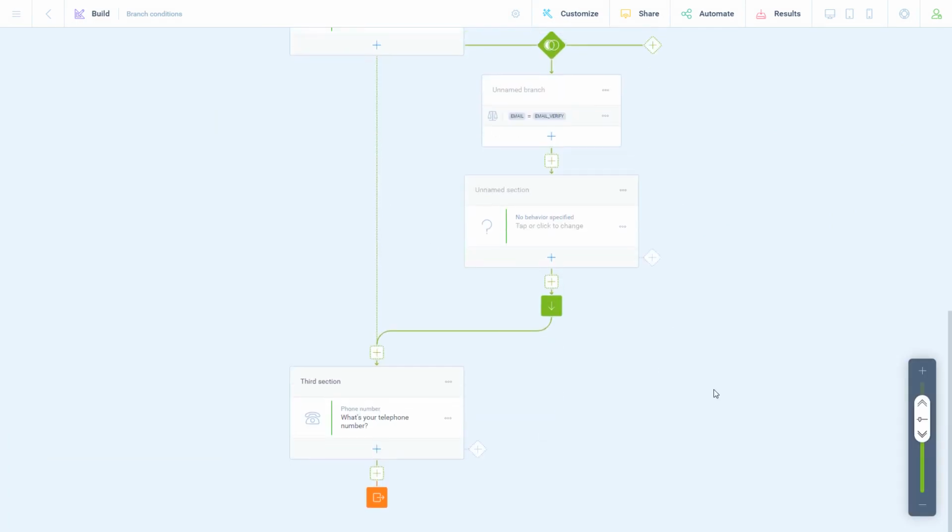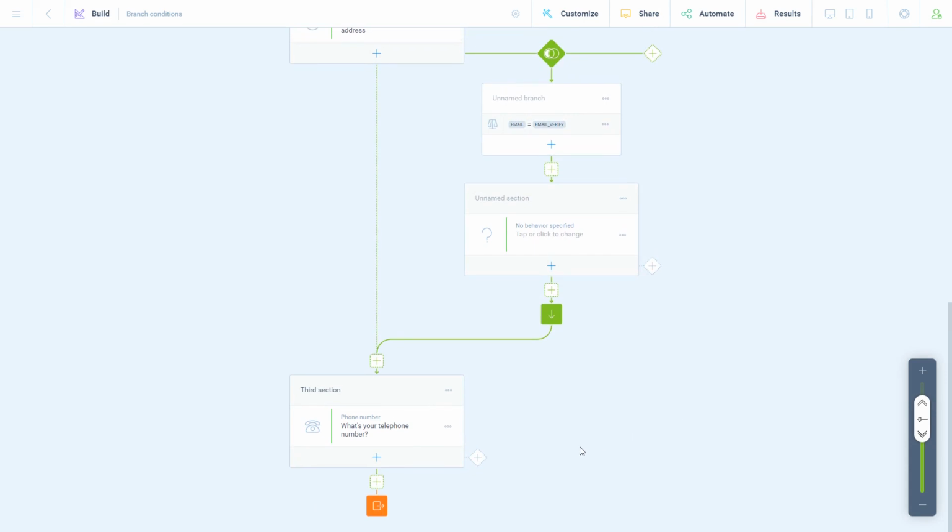Lastly, let's have a look at the regular expression condition. This is an advanced option that lets you check if an answered value matches a certain desired format. Think of telephone numbers, registration numbers, or certain formats of email addresses. You can compose your regular expression with all kinds of tools on the internet and then use that expression in